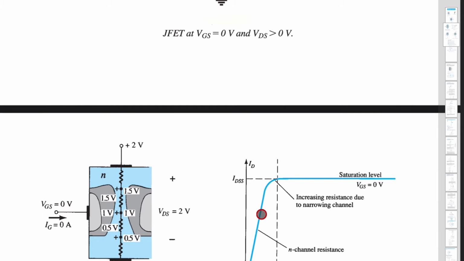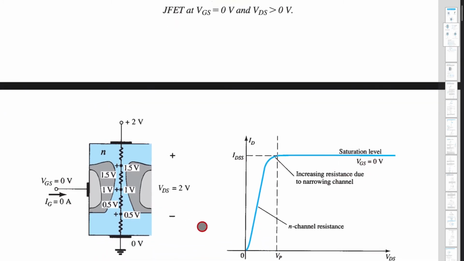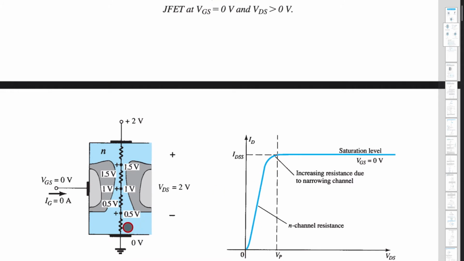So why here it is linear and why here it is saturation, you will see. Here it is linear because resistance is a linear element, so current will also be increasing from 0 volts to 2 volts. Suppose this is VDS is 2 volts here, so from 0 to 2 it will go linearly. And at 2 volts, what is happening is, at this point